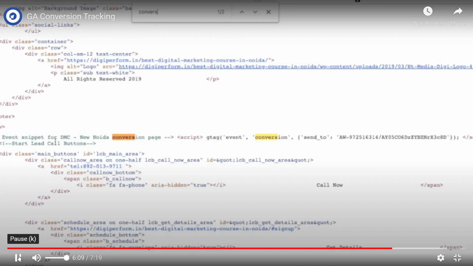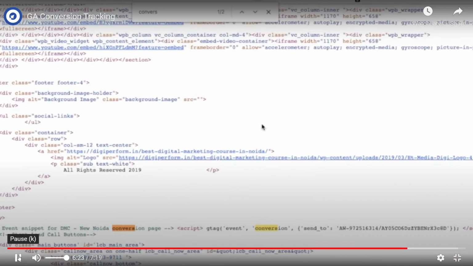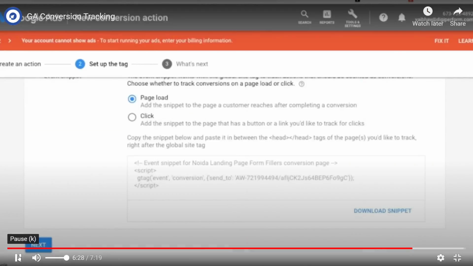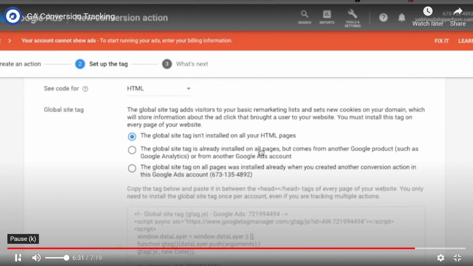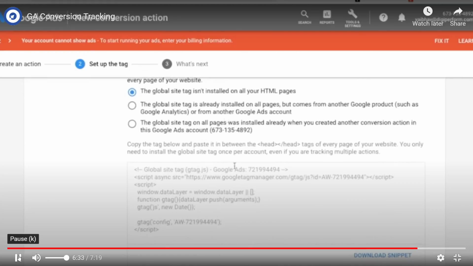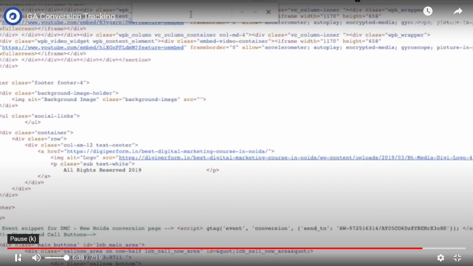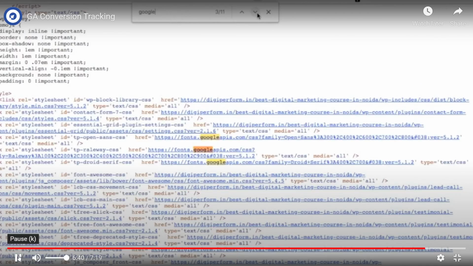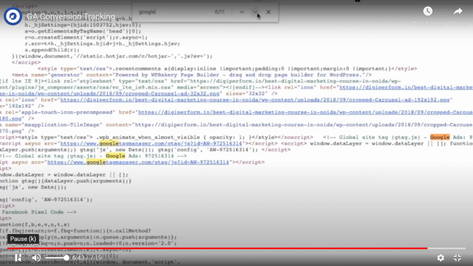Alright, so this is the event snippet. Anytime this page gets loaded, a conversion is counted, and the only way to reach this URL is once you have entered. I know the URL, but generally there is no other link to this URL other than the thank you page of people who are filling up this form. And on this same page we also have the global site tag. So the combination of both actually works. So what you have to do is simply paste the global tag in the head section, and place the event tag in the body section.